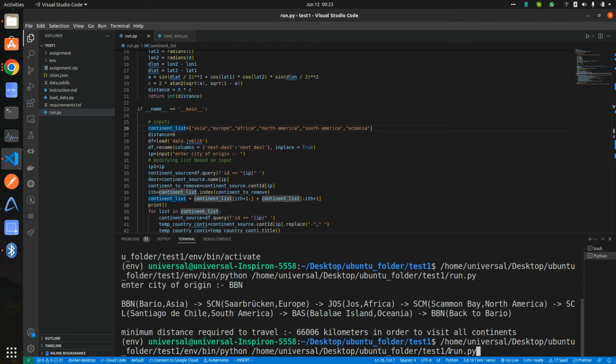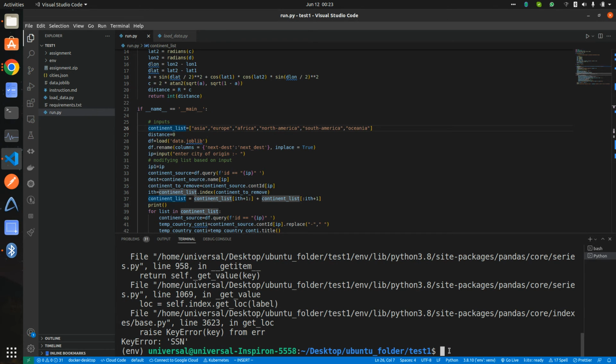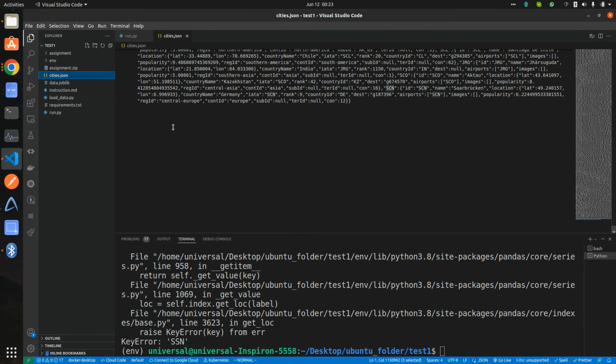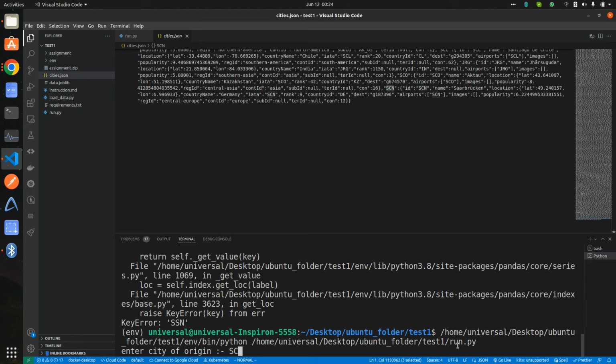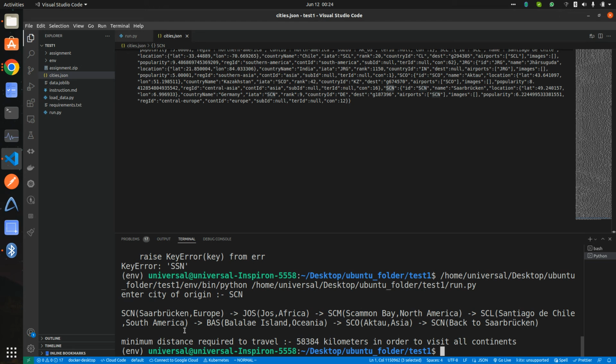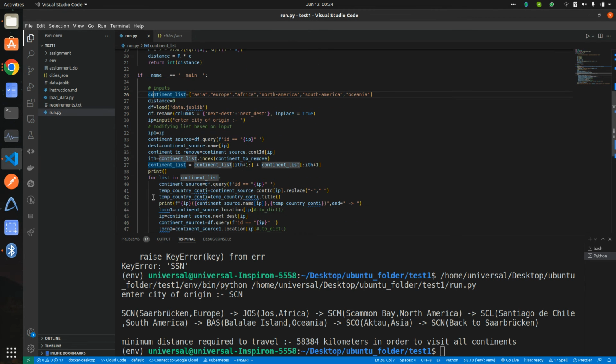If I run this code again and type SCN, here the data has been modified, starting with Europe. In this part, Asia has moved and Europe comes first. So that part of the code is happening